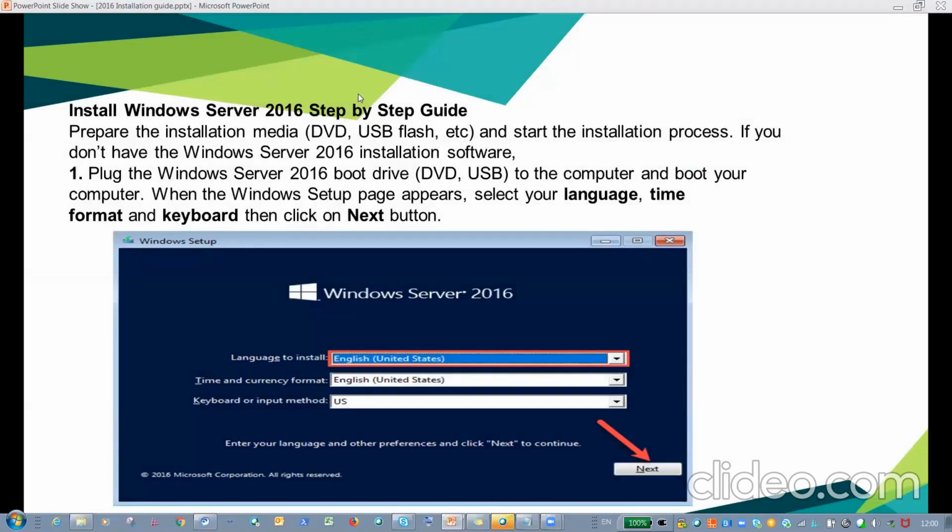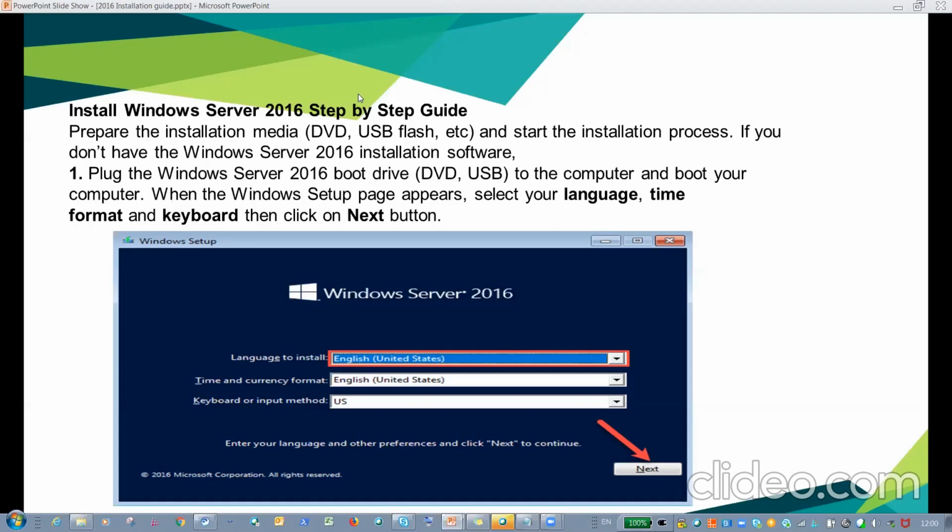If you have decided to install the OS on a physical machine, the first step is to prepare the installation media DVD and start the installation process. If you have the Windows Server 2016 boot drive, plug it into the computer and boot your computer.